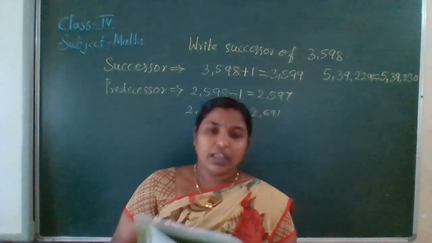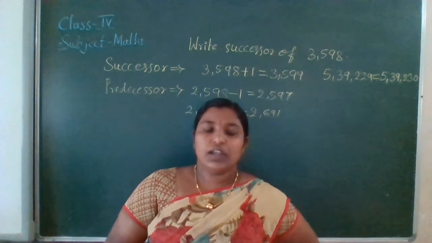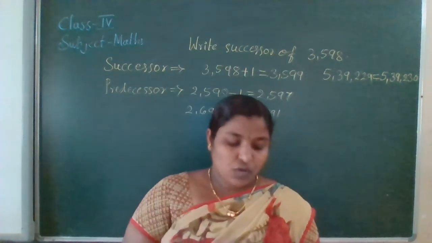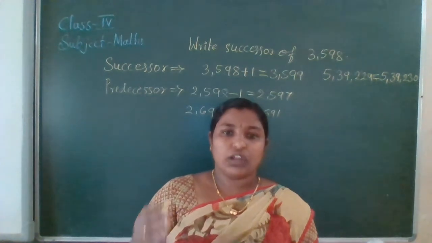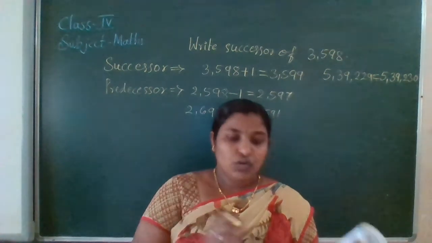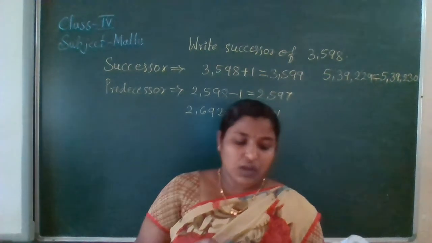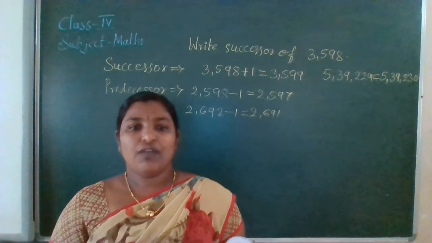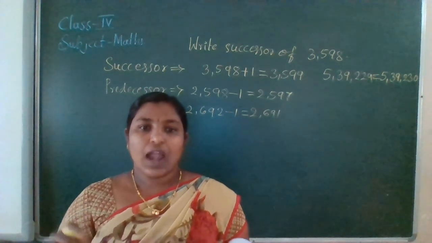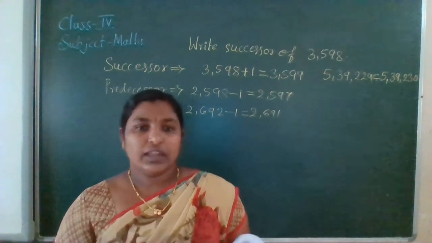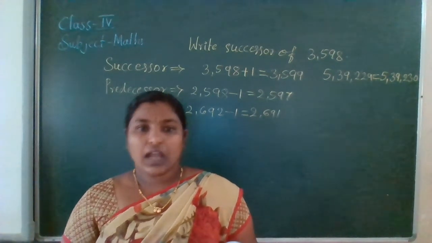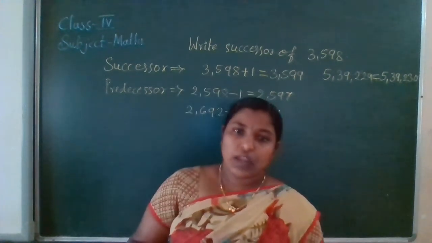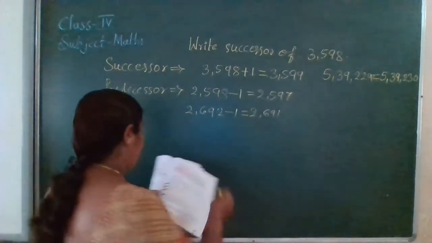Now complete the counting. It's nothing but writing missing numbers. They have given a number, so we have to write what will come after that, and after that. So for 93,499, for the after number, what we have to do is add plus 1. Then you will get the next number. If you add 1 again, you will get another number. So like that, I'll show you.